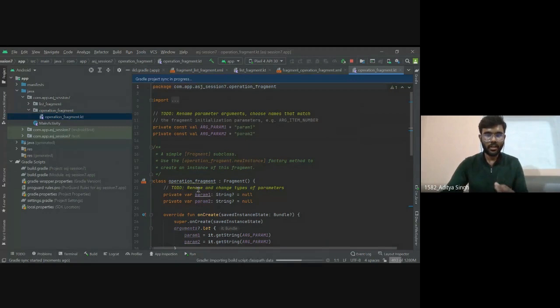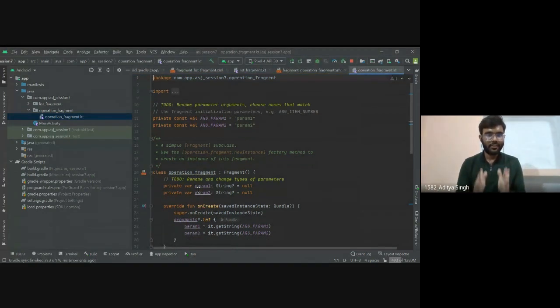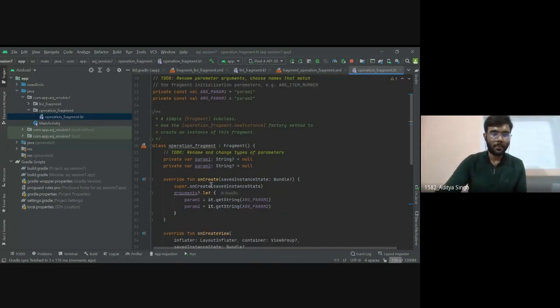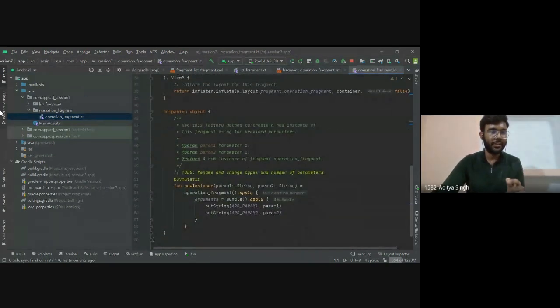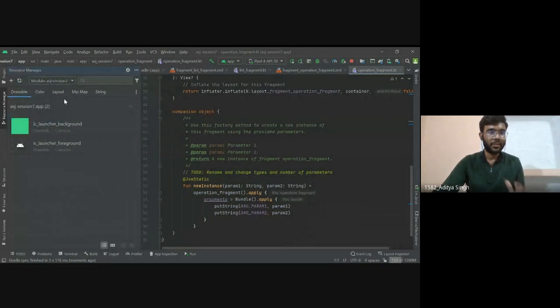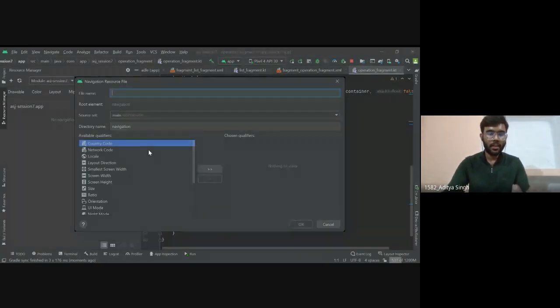All right. So now we have created our fragments. Now we need to create a navigation resource file for going from one fragment to another. We need that, so we will create it. We will go to resource manager, then navigation, and create a navigation resource file.